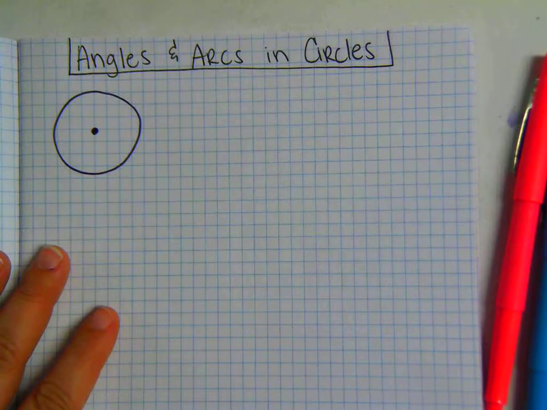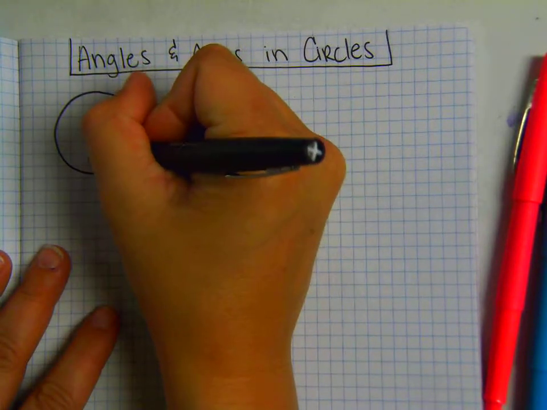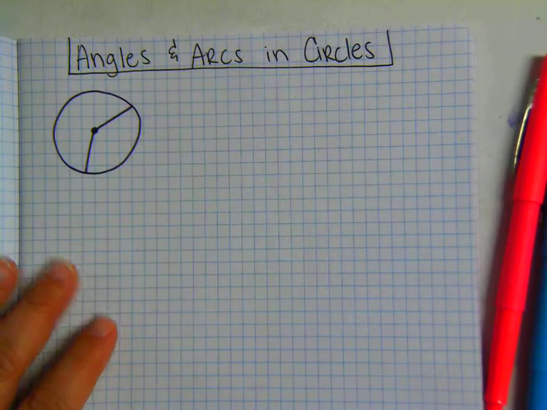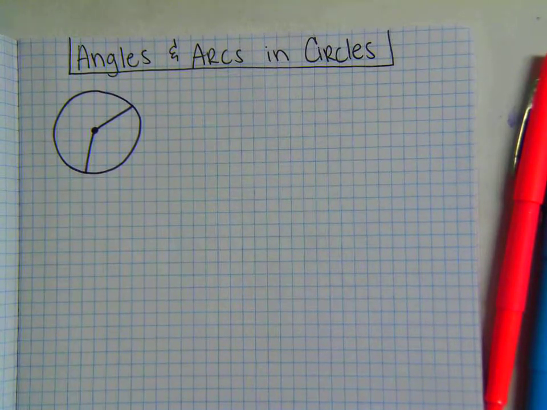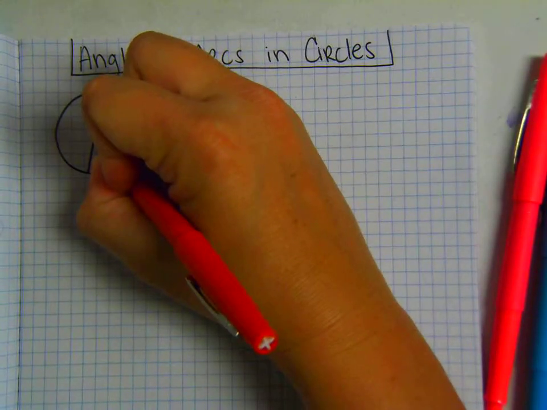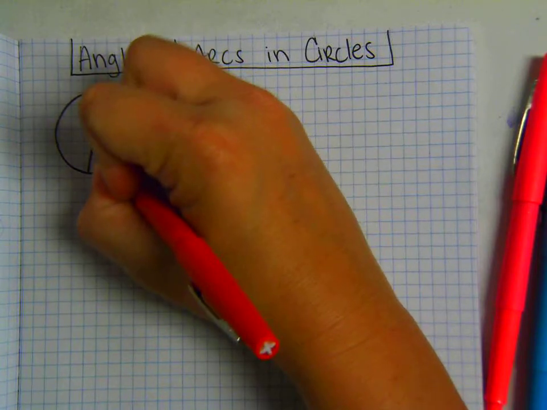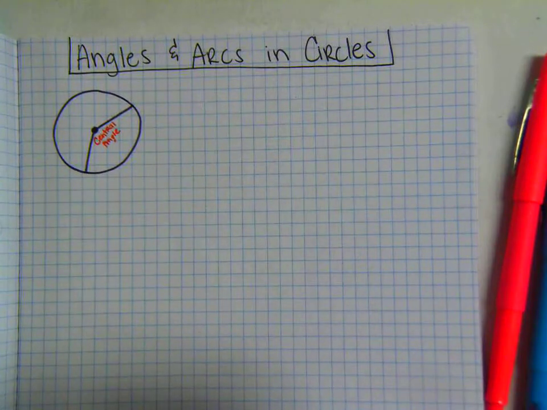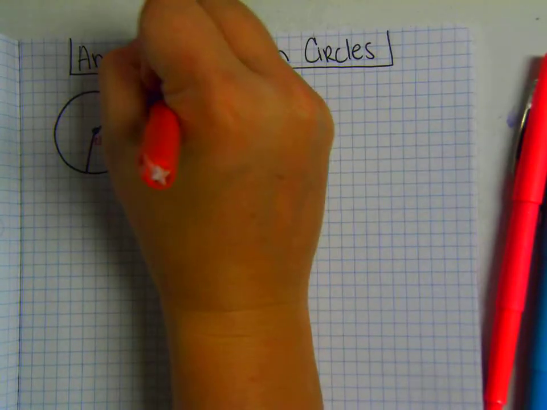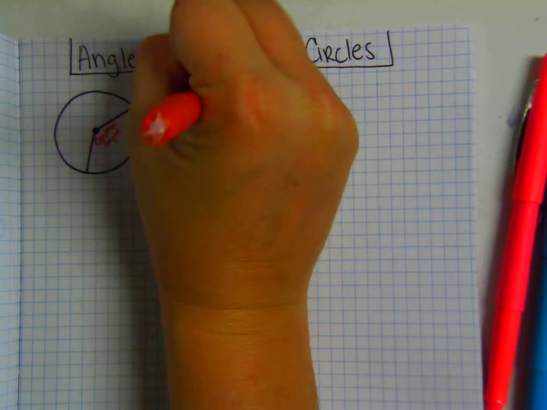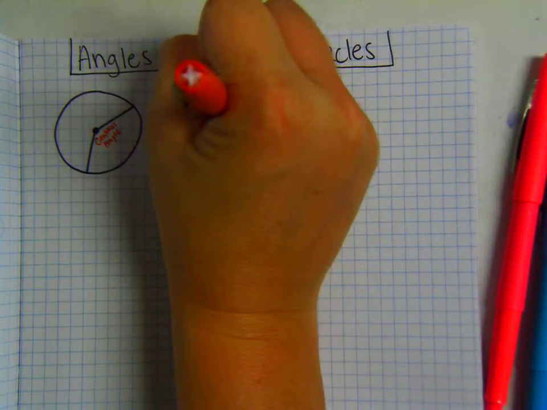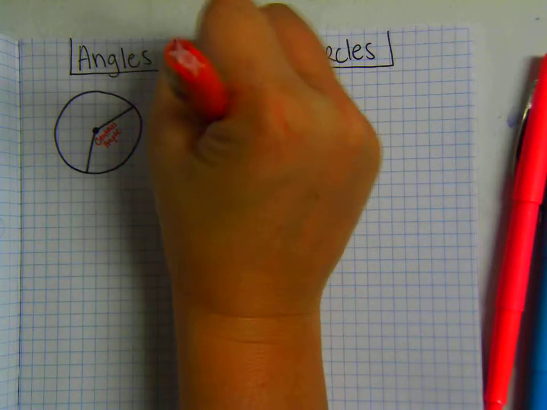Now let's say we have the center and we have radii coming off of that center going to the edge of the circle. Okay, this is what's called a central angle, because it starts at the center and it's going to the outside. So the degree of the central angle equals,